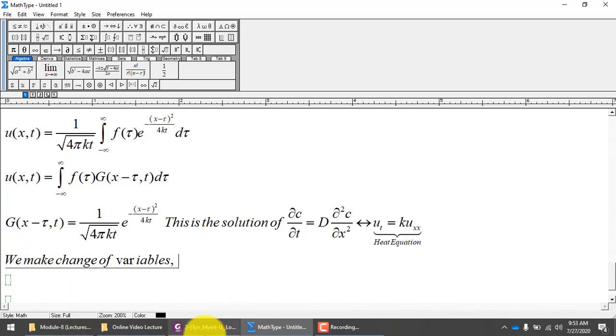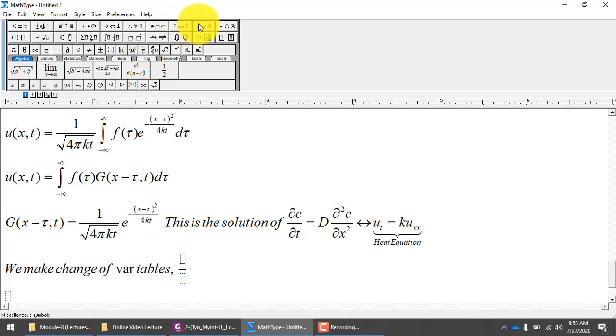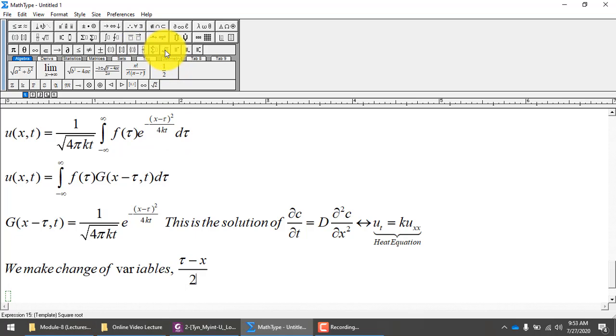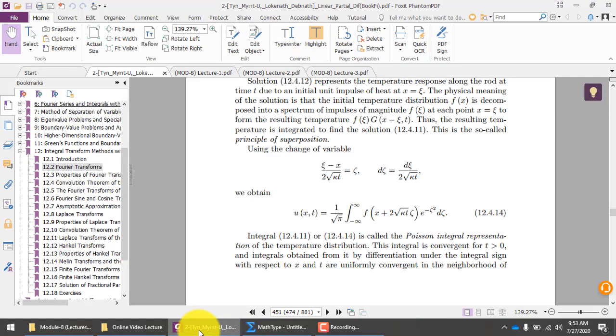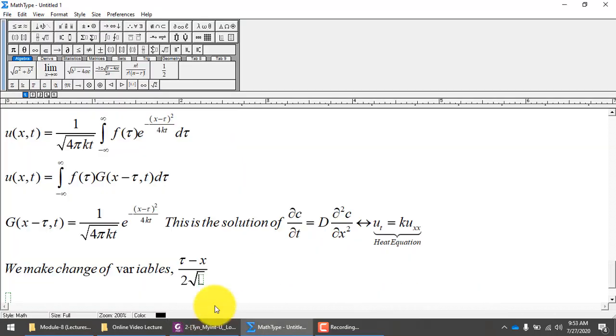You are making the change of variables of xi minus x. Now instead of xi we are having tau minus x over 2 square root of kt,